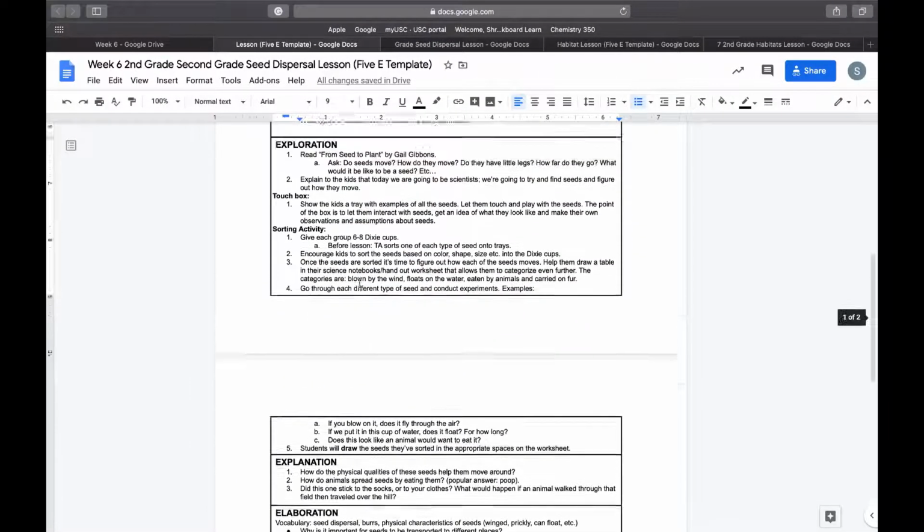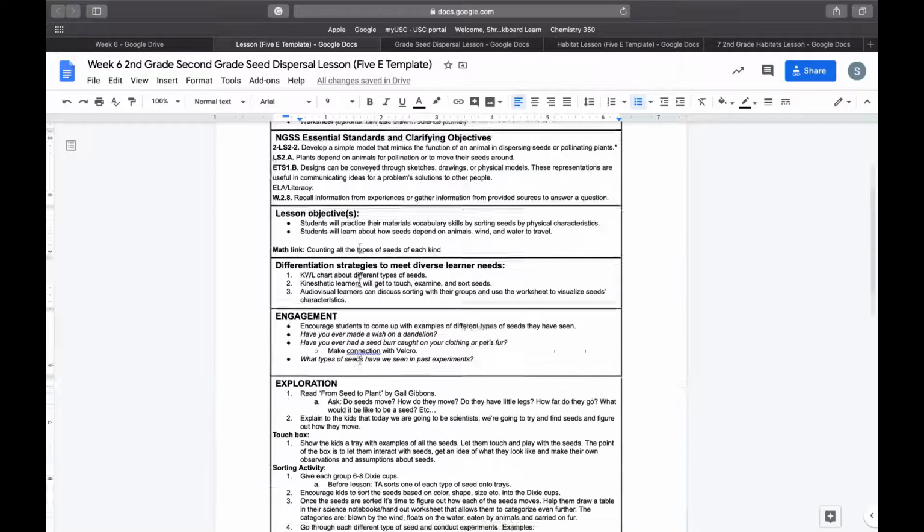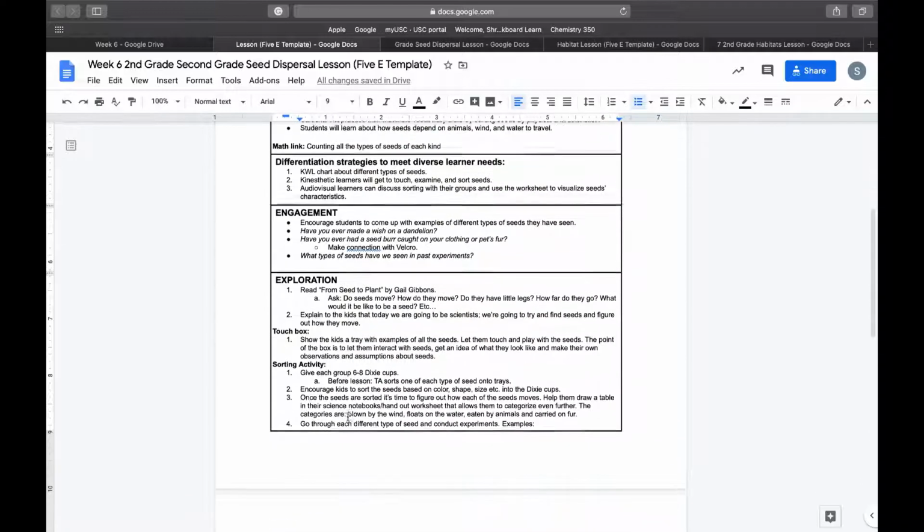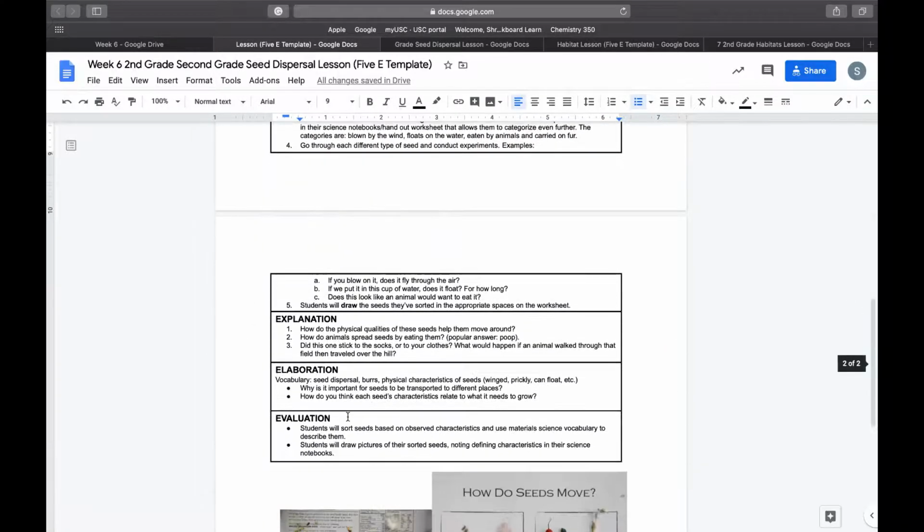And one thing I haven't done, but I think would be a good idea, is because one of the seeds floats on water, it would be cool if you get a small Dixie cup and fill it with a teeny bit of water and then have them put seeds inside and see if they float or not. I think that'd be a good way to test that, because sticking to fur is easy because it just sticks to their clothes and they can tell, and then wind is obviously you just throw it in the air,